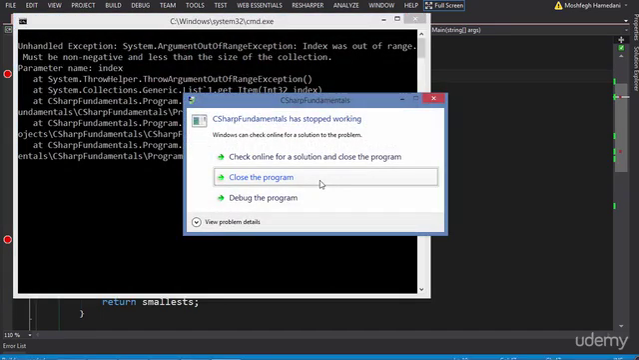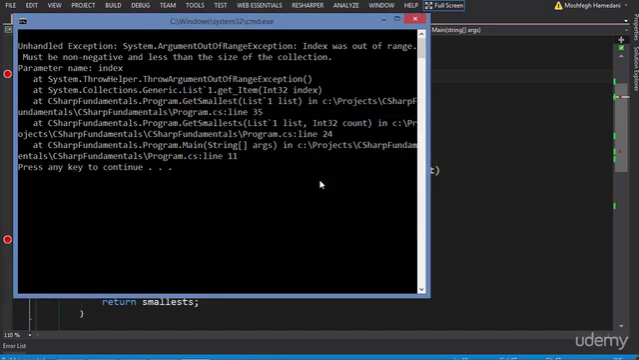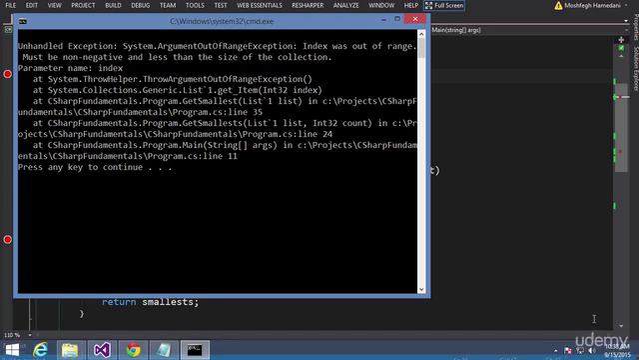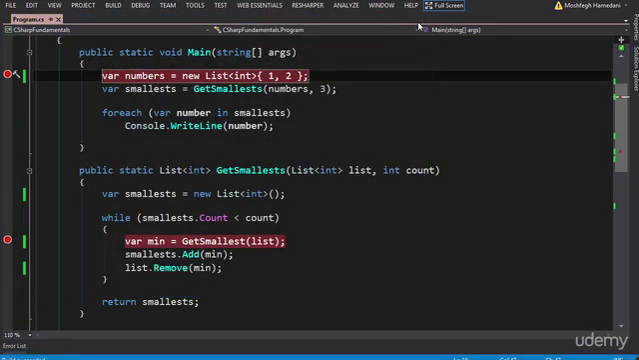The application blew up. We got an exception. So close the program. We got argument out of range exception. Index was out of range. So what's going on here? When you face situations like this, that's when you start debugging. So I'm going to run the application in the debug mode and find where in the code we're getting this